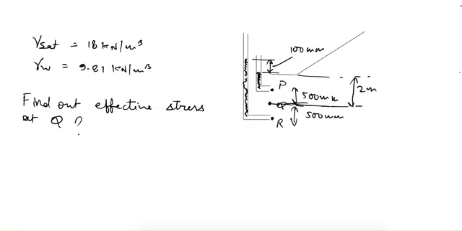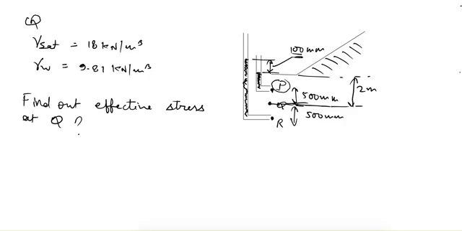This is a good question. Here, this is the downstream of our earth dam, and on these points P and R, two piezometers are inserted. The head in the piezometer inserted at R is 100 mm above the head of the piezometer inserted at P. In simple language, the difference in piezometric head between P and R is 100 mm.